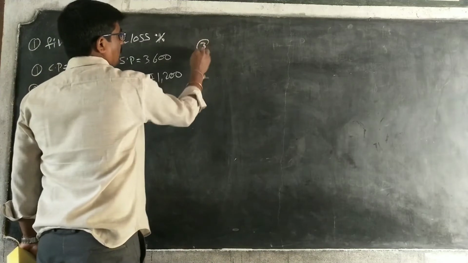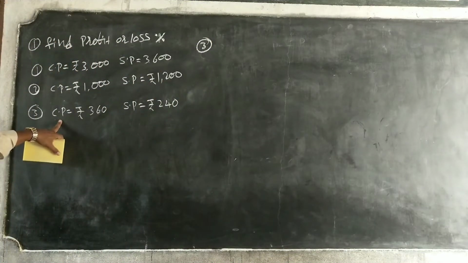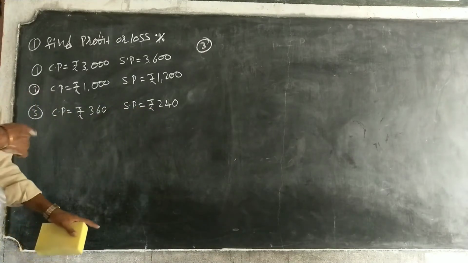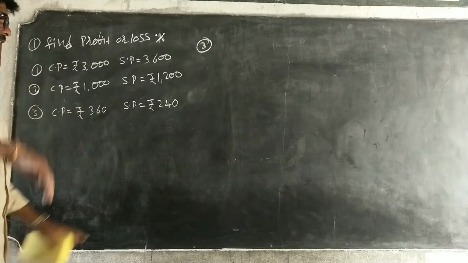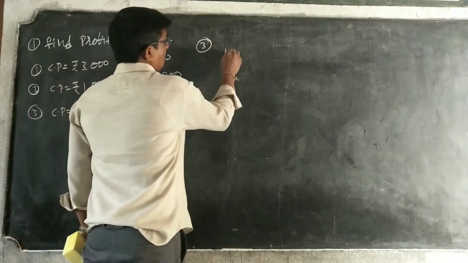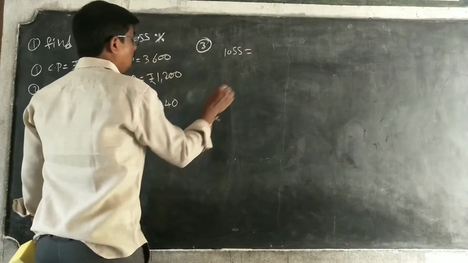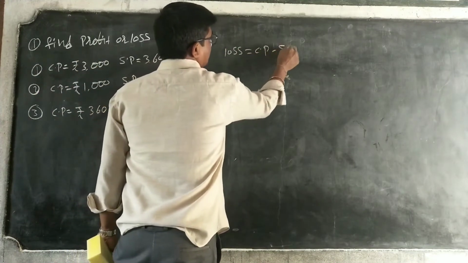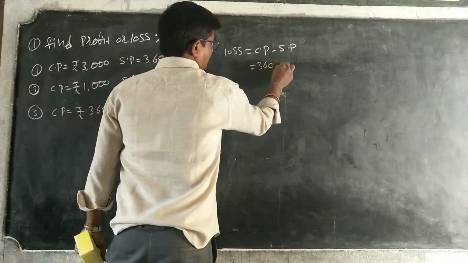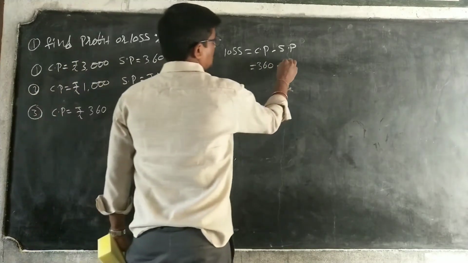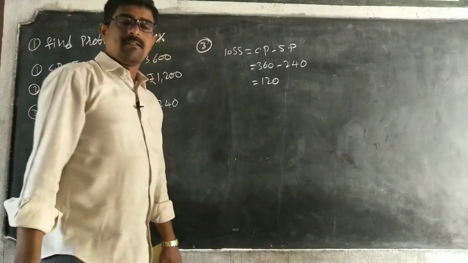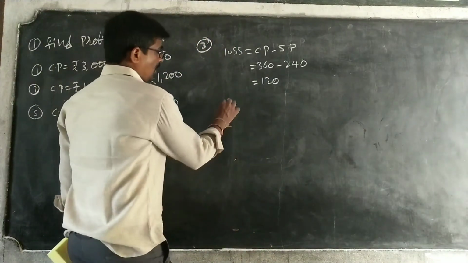So, third problem. What is given? Cost price is rupees 360, selling price is 240. Now we have changed. So cost price is more than selling price. Definitely he got loss. Loss is equal to cost price minus selling price. What is the cost price? Rupees 360. Selling price how much? 240. That is equal to 120. So loss